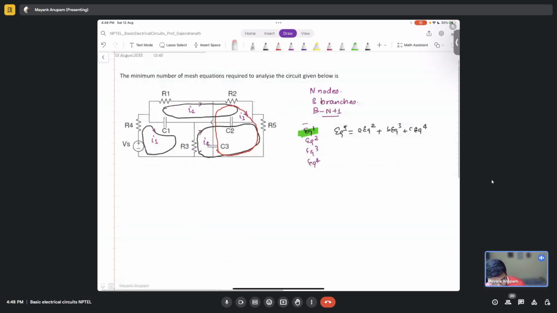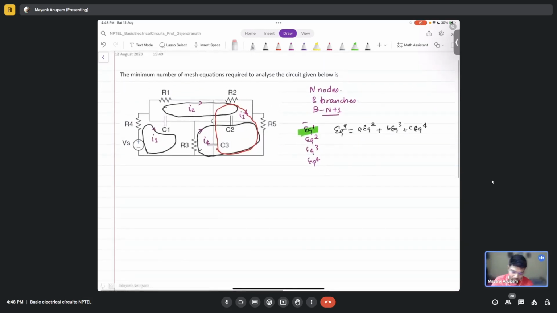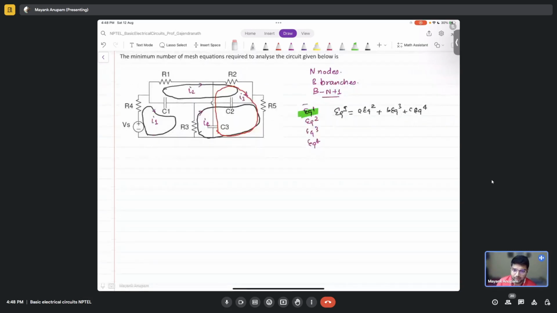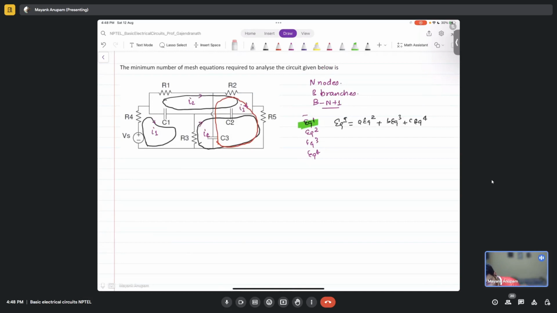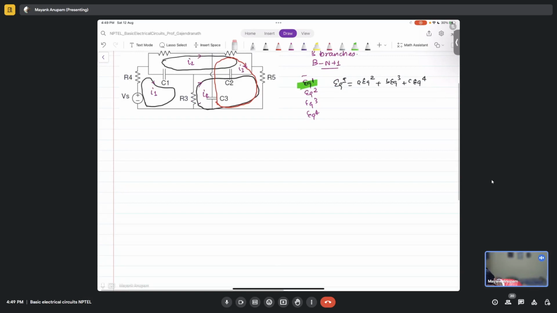So the reason for this is very simple. Why is only 4 sufficient here? The minimum number of mesh equations required to analyze the circuit is basically age-old linear algebra. If you have n unknowns in a set of equations, so let's say you have n variables,